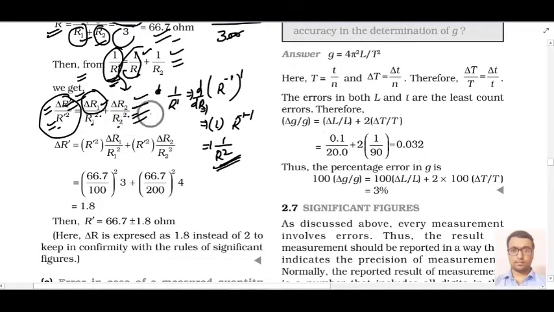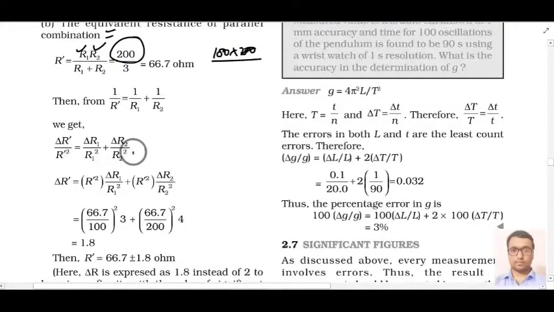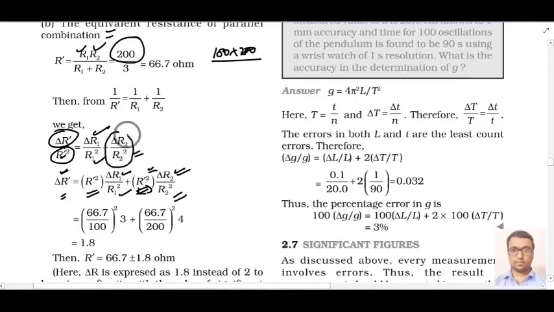If you are having difficulty in differentiation, then please see that lecture. There you will learn how to differentiate these physical quantities. So I am not repeating that concept here again. So the final answer will be delta R dash is delta R1 by R1 square, the first term, multiplied by R dash square. Okay, and this R dash square will be multiplied here also, that is R dash square into delta R2 by R2 square, and this delta R2 is mentioned over here.